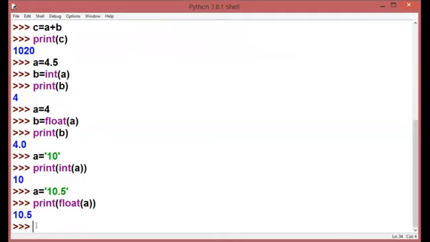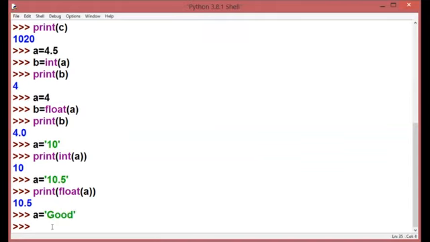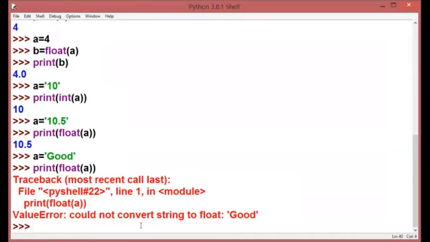Now, one more complication I want to discuss with you here. We have taken the example of an integer number written in the form of a string, and an example of a float number written in the form of a string. But what if I take a word in a string and convert it into an integer or float? Am I able to do it? Let's check it. I'm not able to do it.